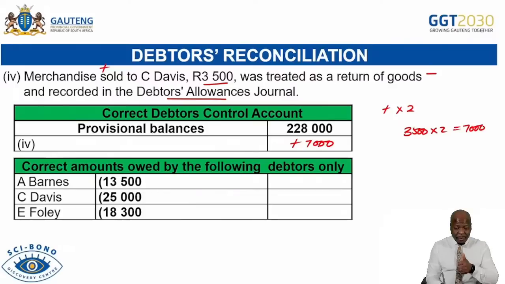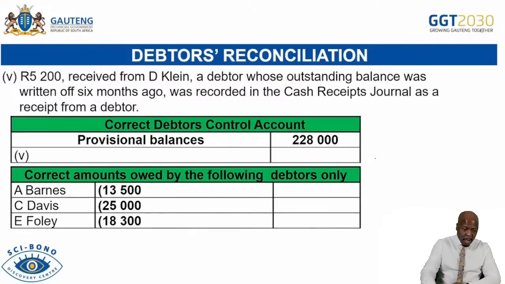We're still together. And then I'll also come to C. Davis. And in C. Davis, what am I saying now? I'm now saying on C. Davis, plus again, 7,000. Someone would have just said plus 3.5 plus 3.5. It's exactly the same. Once an amount is recorded on the opposite side, you record it on the correct side twice. If you subtract an amount that was supposed to be added, you add it twice. Number 5.